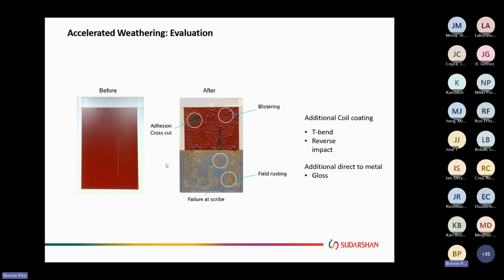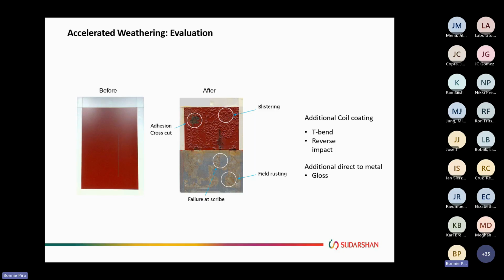It's kind of hard to see in this slide, but there is an adhesion crosscut as well on the top coat area. And all of these are done, especially the scribe, all the way to the metal surface so that we get through all of the layers that are on there